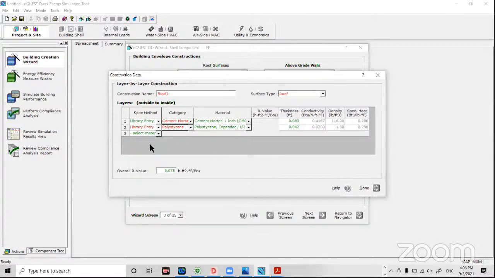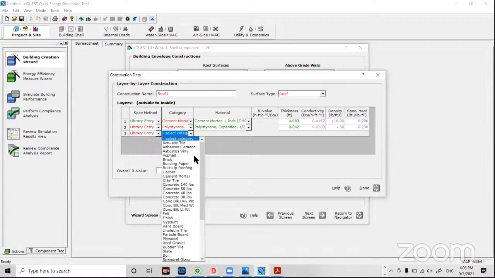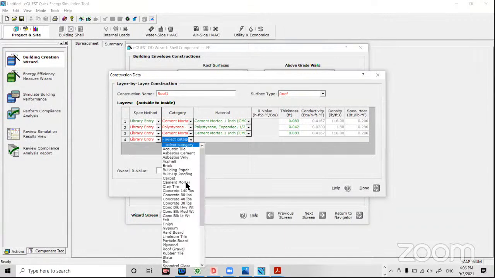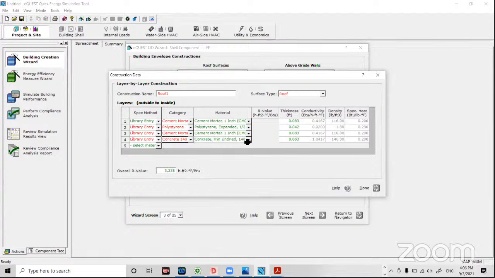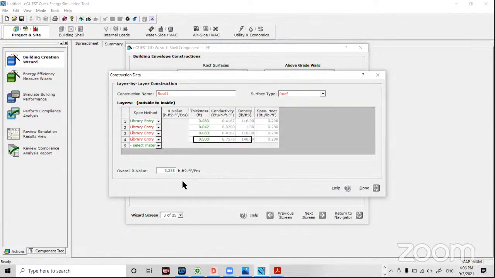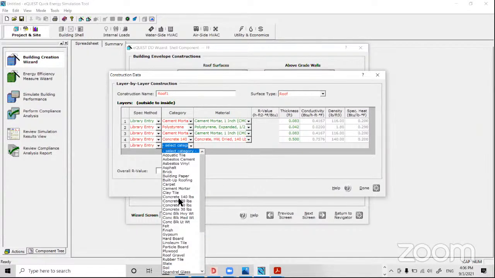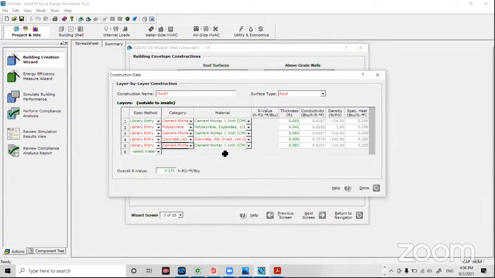Say cement plaster you want. Concrete, if you want to have 6-inch concrete, and then cement mortar if you want to provide, you can give. This way you can have your roof,